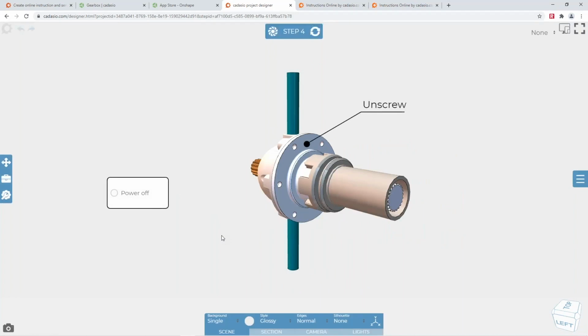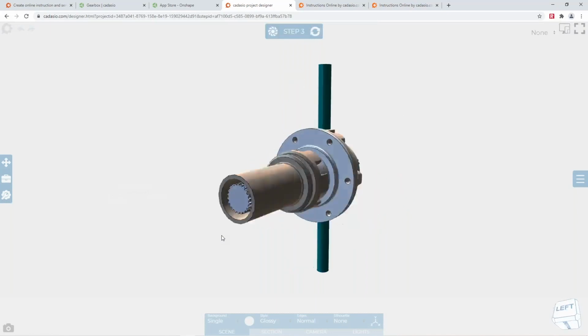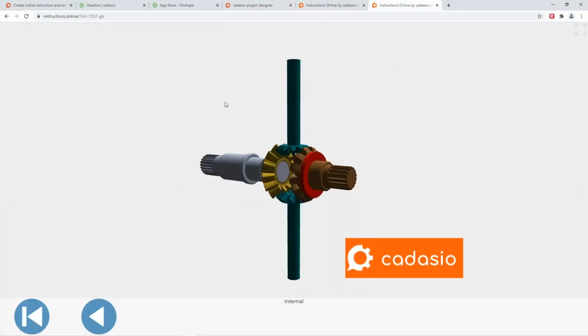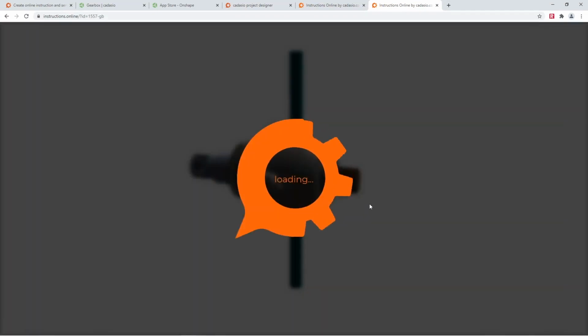Now, if I was purely interested in 2D output, then all I'd need to do is go to the publish area again, click publish all my 2D steps, and I'll have all my steps again, but with the new longer joint on there. But what's really neat is that I've kept this project published. So I could have unpublished it or made a new copy of it or anything like that, but I purposely kept this published. And if I just refresh my live viewer and just load it up again,